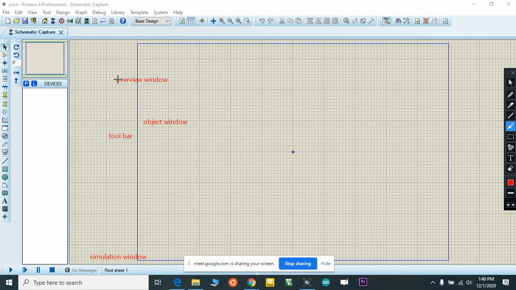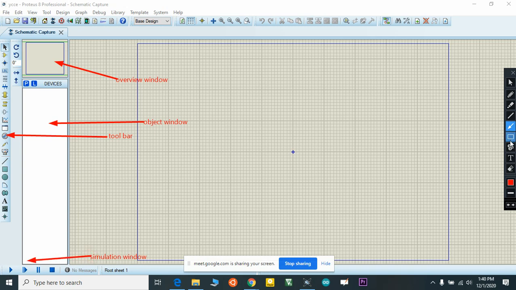In the overview window, you can see your entire circuit here. Then this is the object window. You can select your components. Once you add a component in this project, you can select it from here. This is our toolbar window. We have different modes here. I will explain one by one. And this is our simulation window.